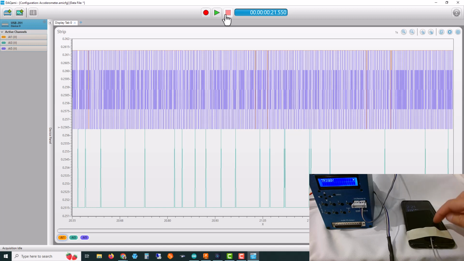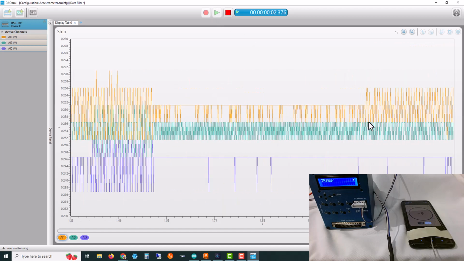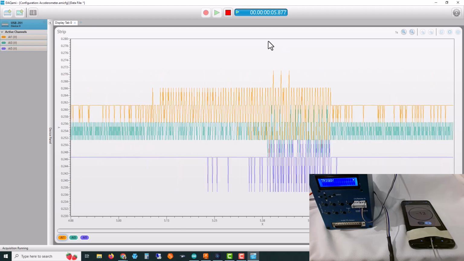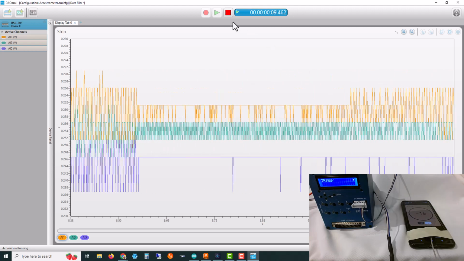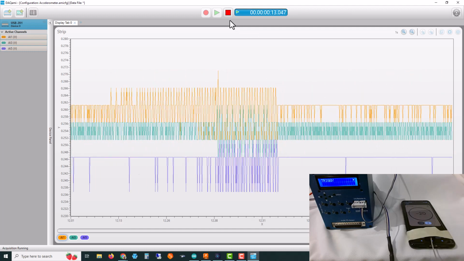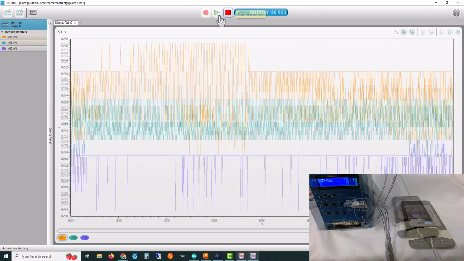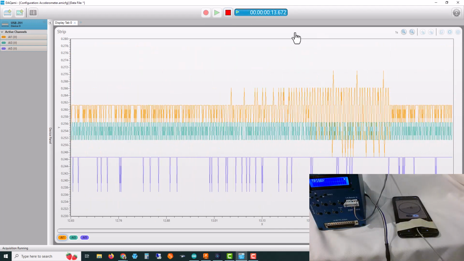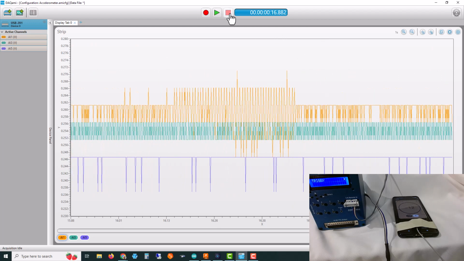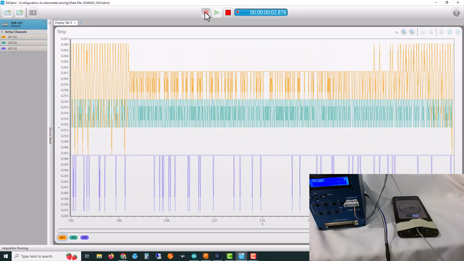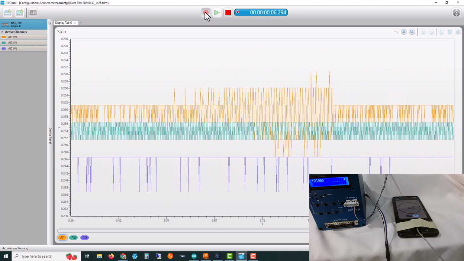Okay, and I've configured my timer on the phone to just vibrate rather than making sound. So I'll turn the vibrator on. And now I'll start the DAQami software, and you'll be able to see the oscilloscope signals representing the vibration of the phone. So now in DAQami, if I want to record the signal, I can hit stop and then press the red circle, and that will start logging the data to disk. So I'm saving the data to disk,